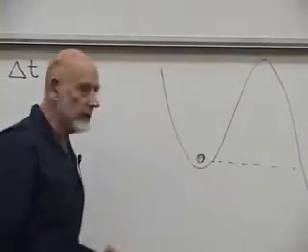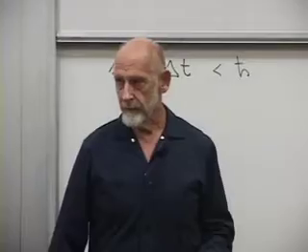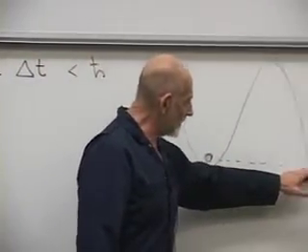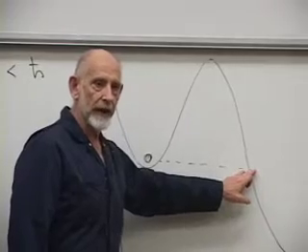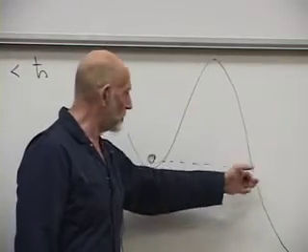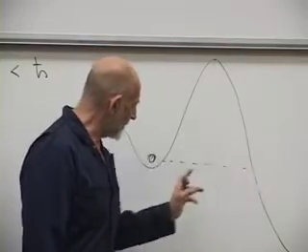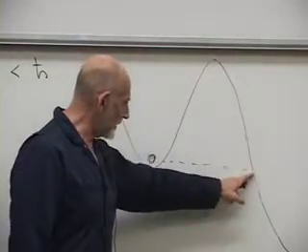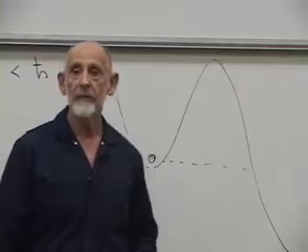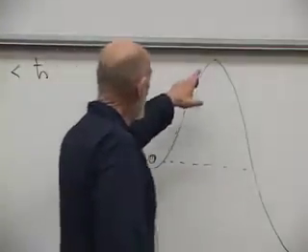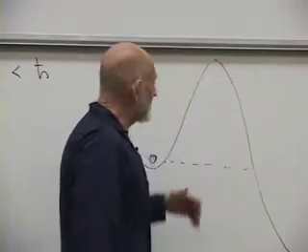The particle started at rest. It had no kinetic energy, and it had this much potential energy. It has the same amount of potential energy over here, and when it comes out over here, it also comes out at rest. It was at rest over here, same potential energy. So it can happen. On the other hand, if you look at it in between,